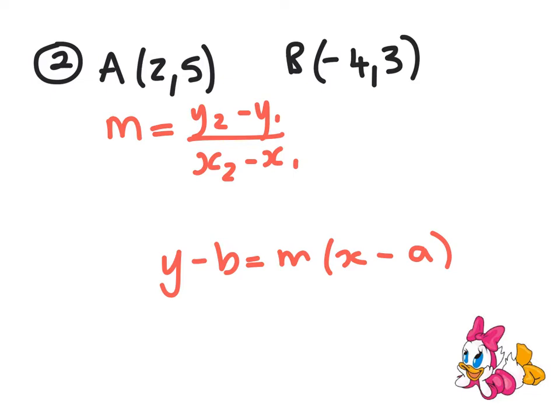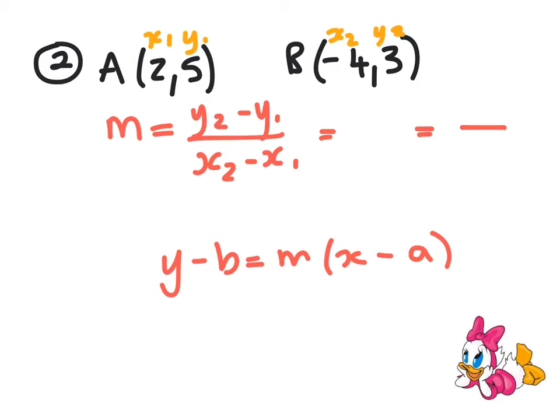Just in case anybody's forgotten, the first bracket is x1, y1, the second bracket x2, y2. So we now need to substitute the values in. So the 3 is going in here, the 5 is going in here, and then the negative 4 in here, and lastly the 2 in here. If we do all of that, you should get a fraction which will cancel down, and you'll end up with